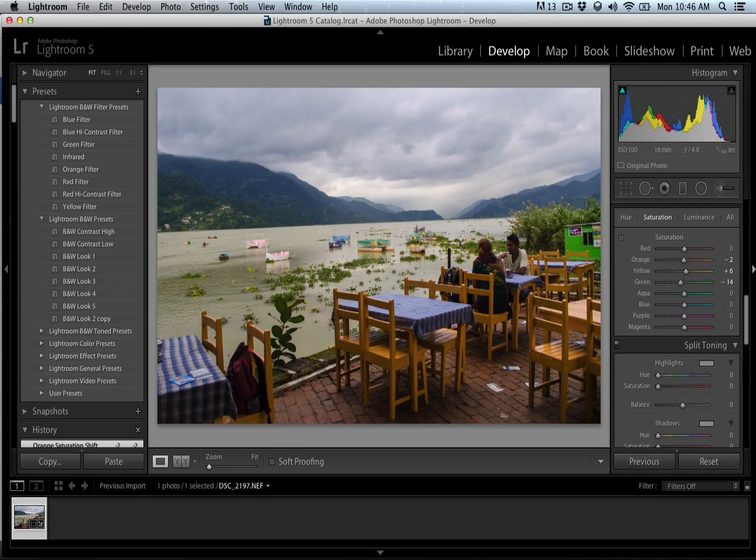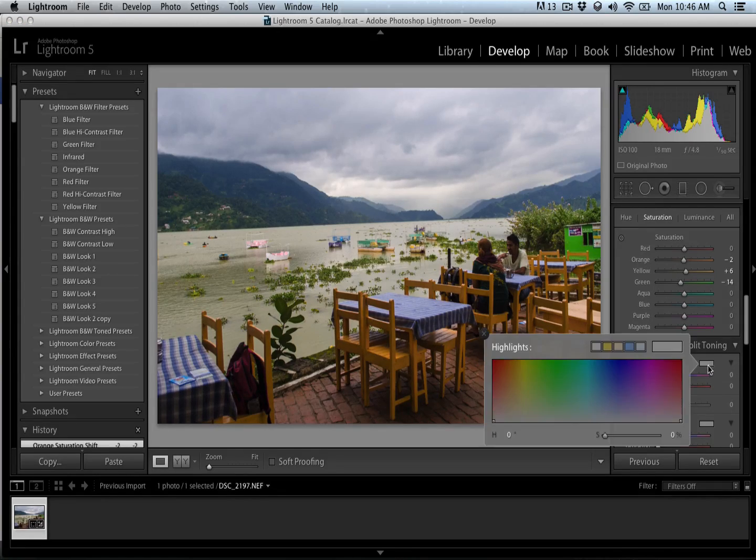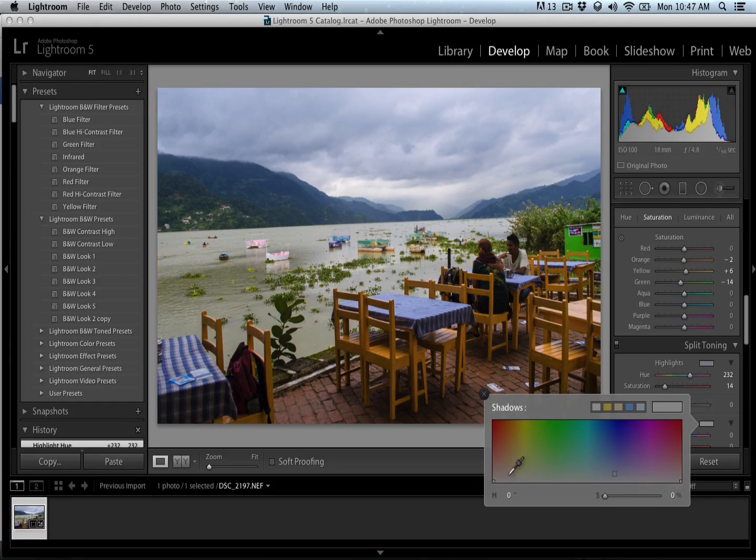Nice, split toning. Split toning is really helpful to maintain a color tone. It helps you to give color to your highlights and shadows separately. So if I click here, I will get a window or dialog box with different colors. So what color do I want to be here? On highlights, maybe some blue, and on shadows